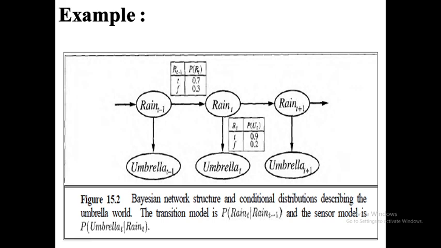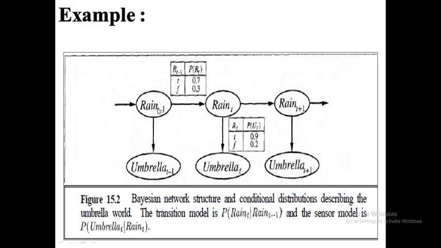Why is there a 20% possibility? Madam, there is no rain, so there is no umbrella, you have to say that. But what happens is, somebody like me used to carry an umbrella in summer also, because I don't like the sun. For that reason there is a possibility of carrying an umbrella even when there is no rain. So whenever there is no rain at all, there is still a possibility of carrying an umbrella today.